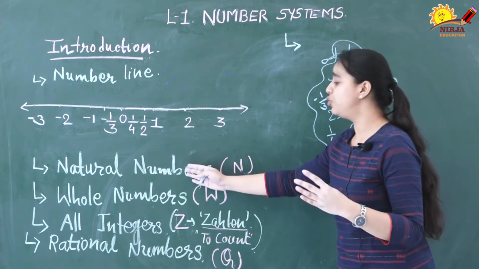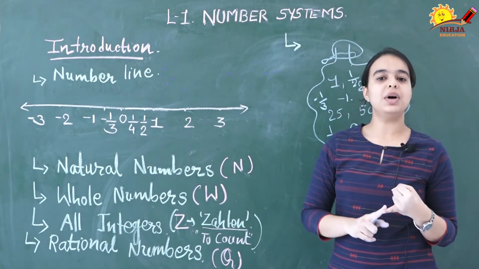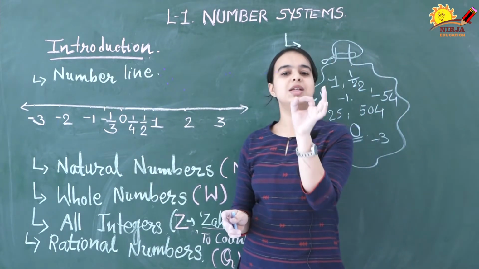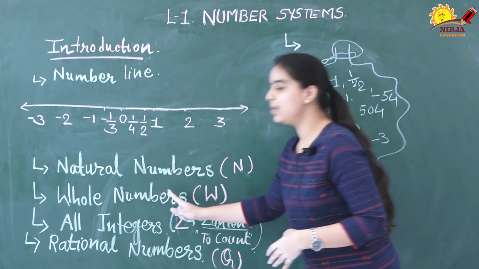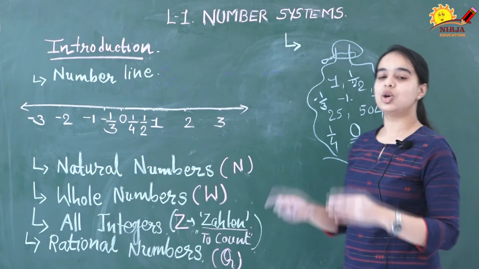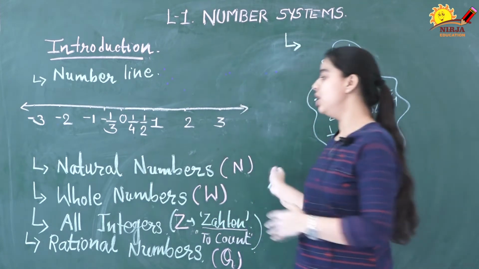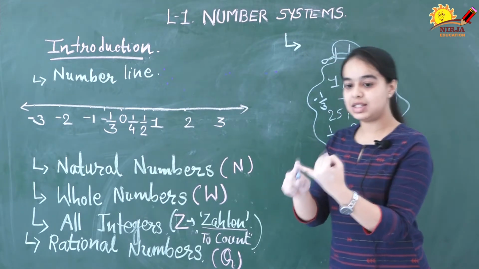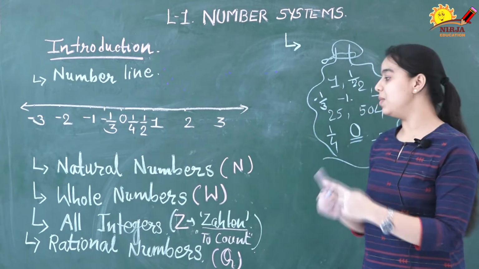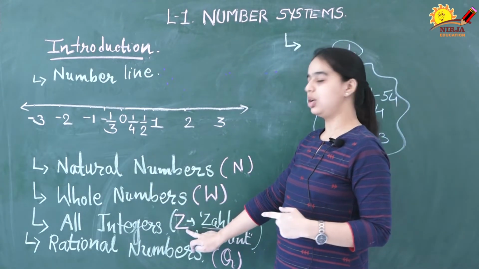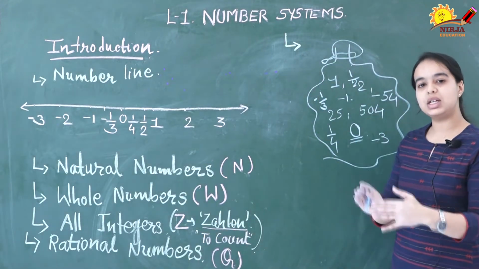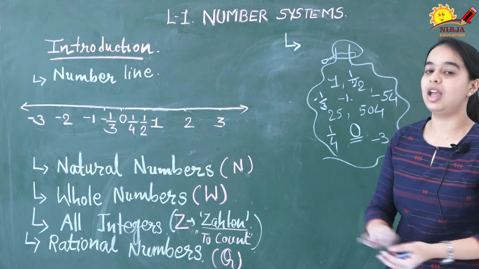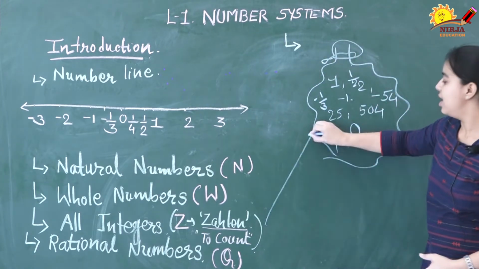So we have studied four different kinds of numbers. Natural numbers we denote by N, and they start from 1, 2, 3, 4 and so on. If we add 0 to natural numbers, they become whole numbers. Whole numbers we indicate by the symbol W, and they start from 0, 1, 2, 3 and so on. If along with 0 and positive integers we also add negative integers, then all the positive integers, negative integers and 0 together we call integers, and we denote them by Z. If we also add numbers like 1/4, -2/4, 35/36 along with these, then all the numbers together become rational numbers.